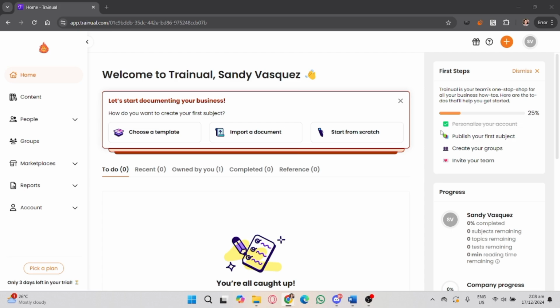First, make sure you are on trainual.com and then log into your account using your email and password. If you don't have an account yet, you'll need to sign up for a plan first. Once logged in, navigate to the subject tabs in the left hand menu and then click create new